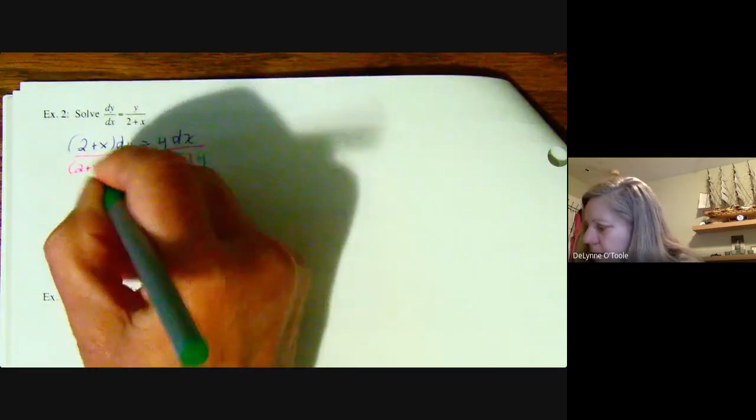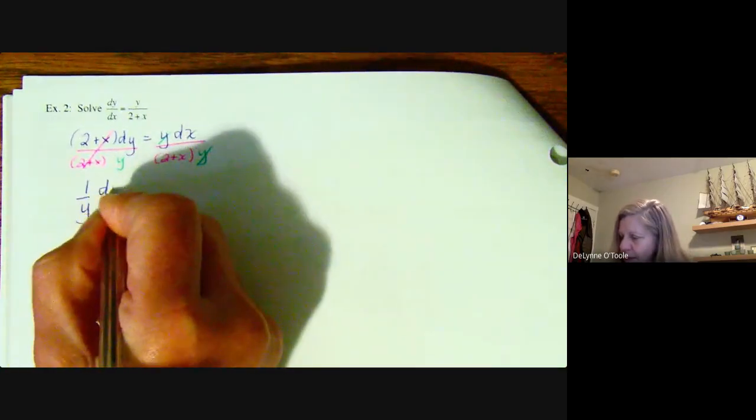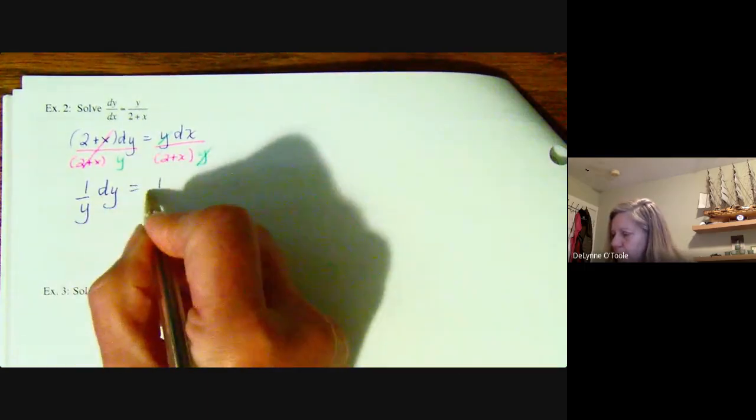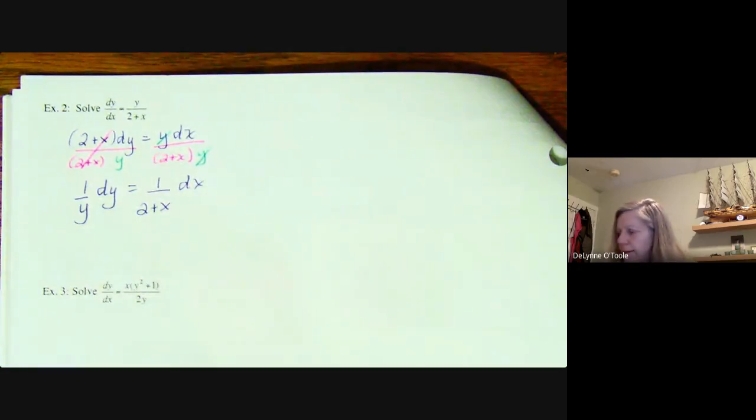So you might then divide both sides by 2 plus x, and then also divide both sides by y. However you make it there, I don't care, okay? Whatever process you go through to getting them separated is fine with me. But ultimately, this is the separation that we want to end up with: 1 over y dy equals 1 over 2 plus x dx. Okay, so now that they're separated,